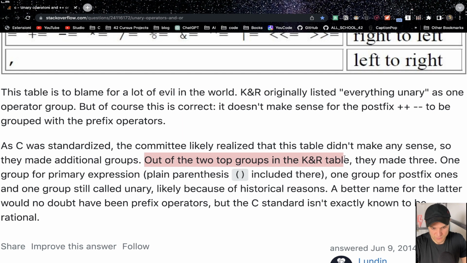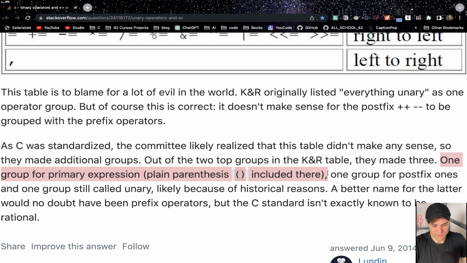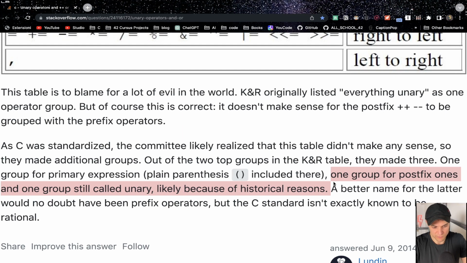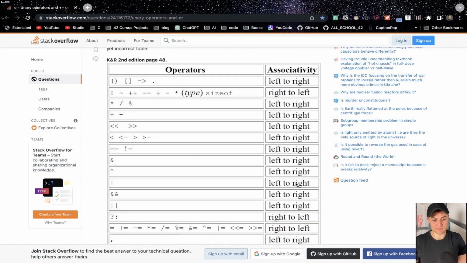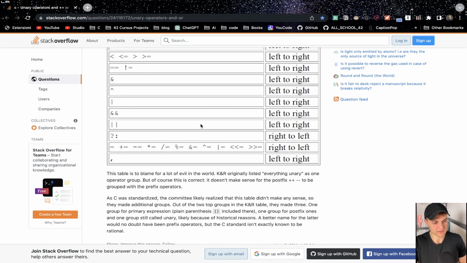Out of the two groups in the Kernighan and Ritchie table, they made 3. So now we have one group for primary expressions, one group for postfix ones, and one group still called unary, likely because of historical reasons. It is kind of confusing. Keep in mind that this book has been written in the 80s, so you know everything changes so fast. Anyway, I will link this Stack Overflow response in the description so you can go as deep as you want